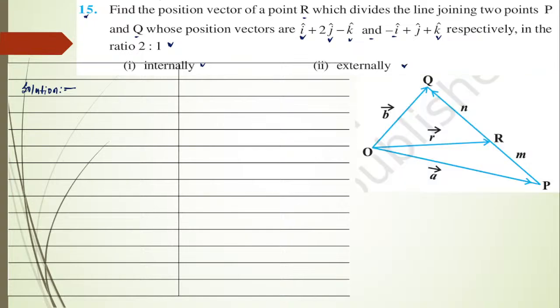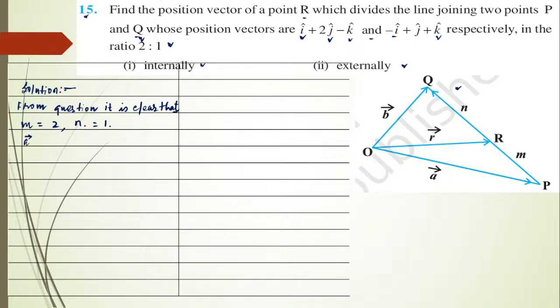So this figure represents the internal division. From the question it is clear that m equals 2 and n equals 1,